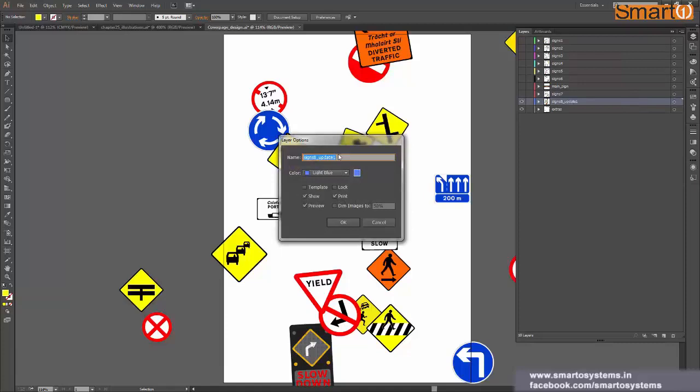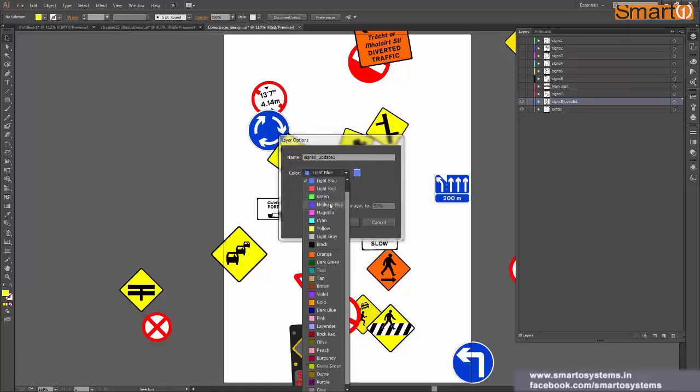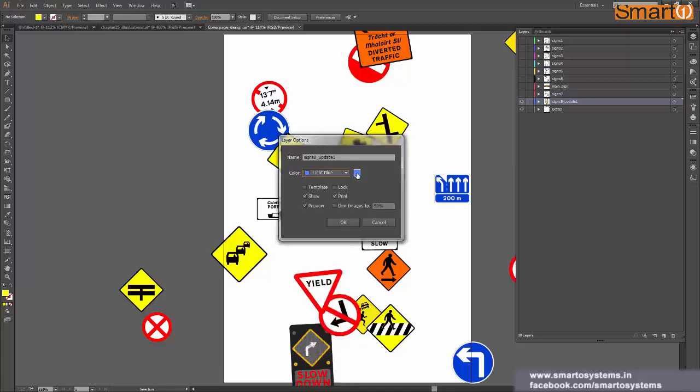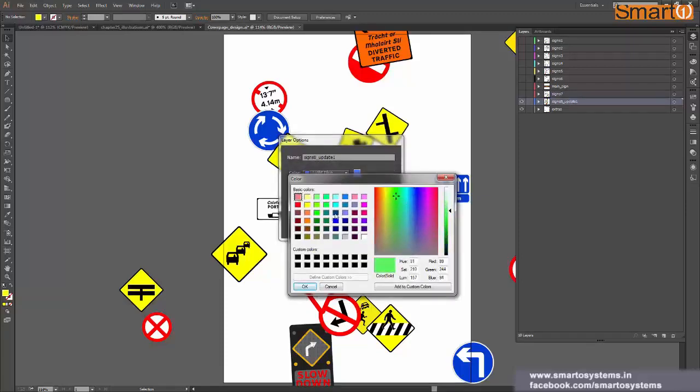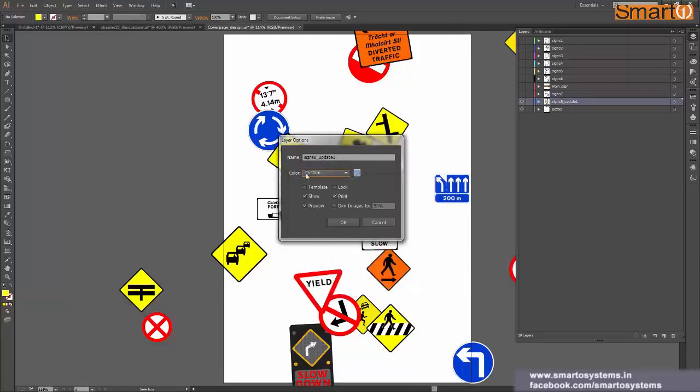So again, you can rename your layer from here, and you can change this color to any of these available colors, or if you want to go in detail or change it to a particular color, then you can click on this color box and it will open this color picker. From here you can select any of these colors and click OK to add that color to this one. Now what is this color actually?